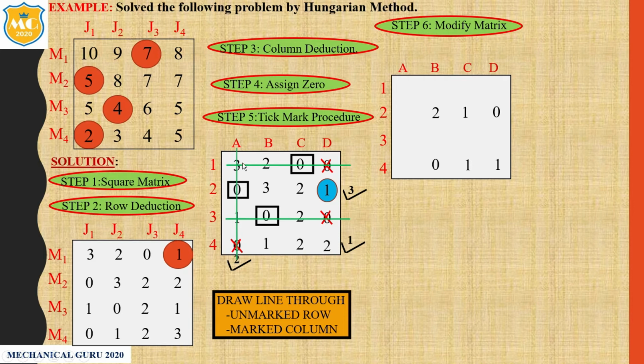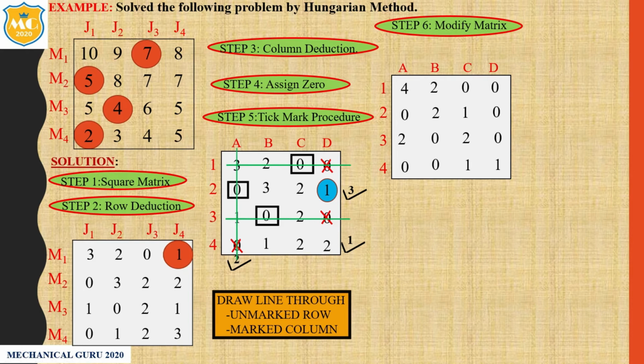So here there are two values, this value and this value. Here both the lines are intersecting. So in that we have to add this number. So here 3 plus 1, that is 4. Here 1 plus 1, so here we get the 2. And the remaining values we have to put as it is. So here 2, 0, 0. Here again 0, 0, 2, 0, and here 0. So here a modify matrix is completed.